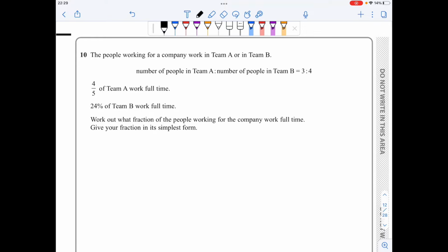For question 10, since the ratio of number of people in team A to the number of people in team B is 3 to 4, and this gives a total of 7, it means that in team A I will have 3/7, and in team B I will have 4/7. Now I need 4/5 of team A. Let's write this down. 4/5 of team A. This means I have 4/5 of 3/7. Do multiplication. This will give me